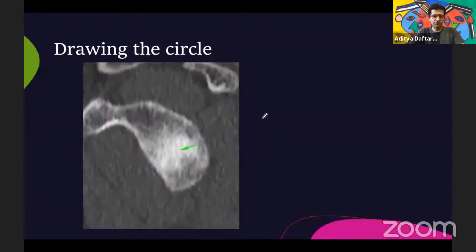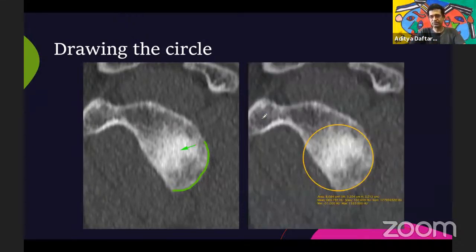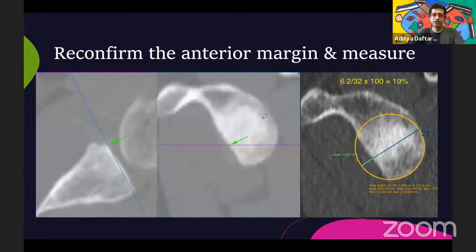Once we get that, I look and try to find the central sclerotic area, and the center of the central sclerotic area usually corresponds to the bare area on the glenoid, and that often is a decent marker for the central point of the glenoid. I do the same thing with an MR, so I'll mark out the posterior inferior quadrant. I'll draw a circle that surrounds that area, essentially a best fit circle. And then I'll try and mark out the anterior-most margin of where bone ends at the articular surface. I'll correspond the spot on the sagittal image. And then, using that, I will calculate the glenoid bone loss.